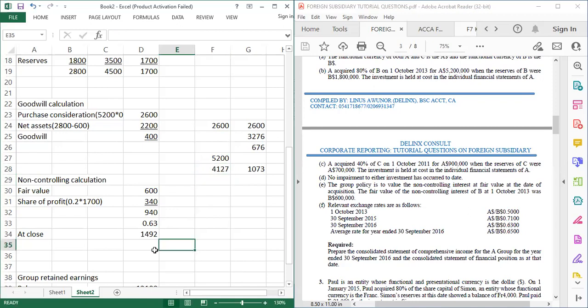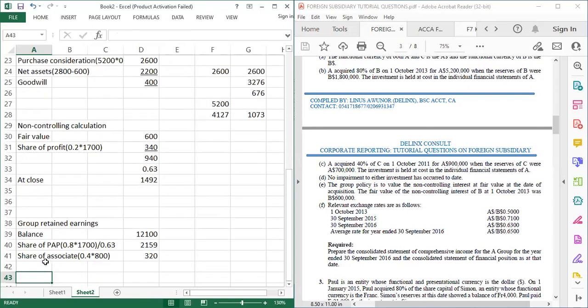So let's look at how we do this. That particular loss will go to retained earnings, which is loss on investment. Loss on investment will be a subtraction. That will give us 1073. Okay, so this is the end of this one. We can just total and put it there. Then we go to